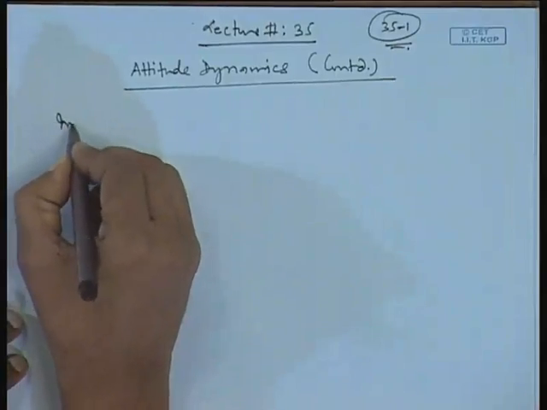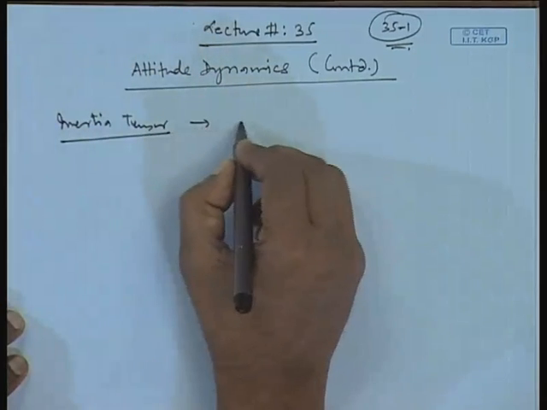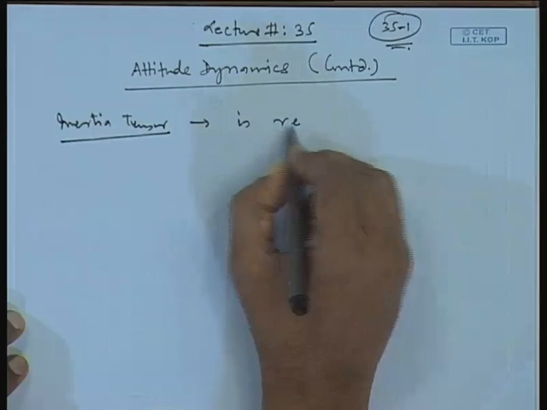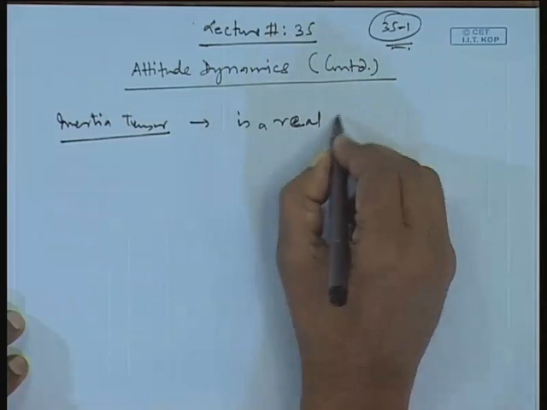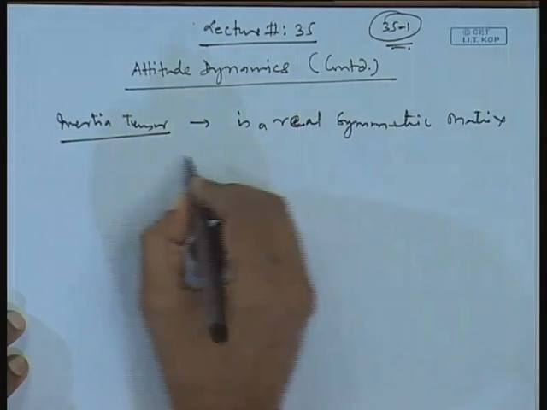Okay, in the last class we have been discussing attitude dynamics. So, we continue with that, and in that part we were discussing the moment of inertia matrix or the inertia tensor. In that context we have been working out the properties of a real symmetric matrix. So, we saw that our inertia matrix or inertia tensor is a real symmetric matrix, okay, and therefore,